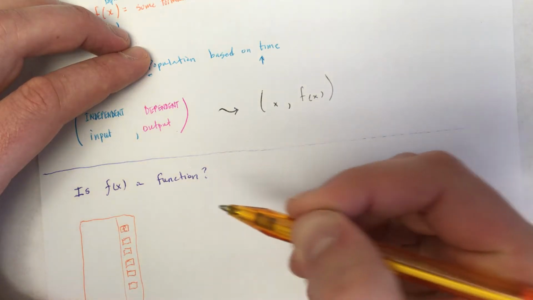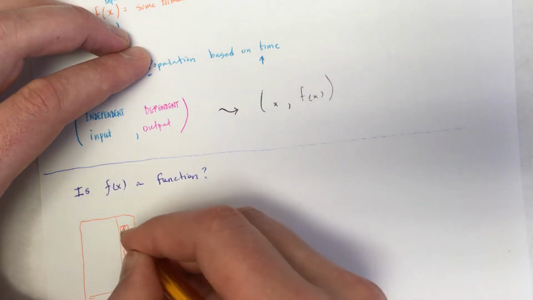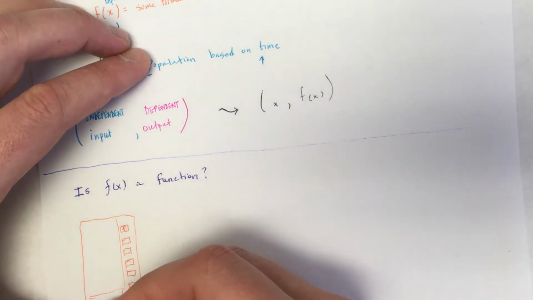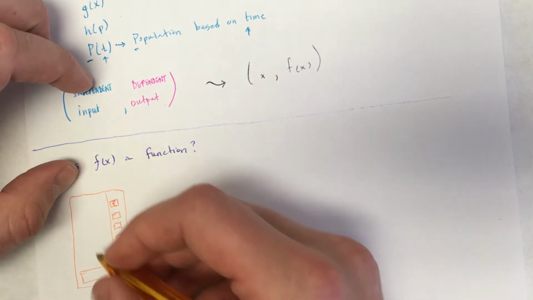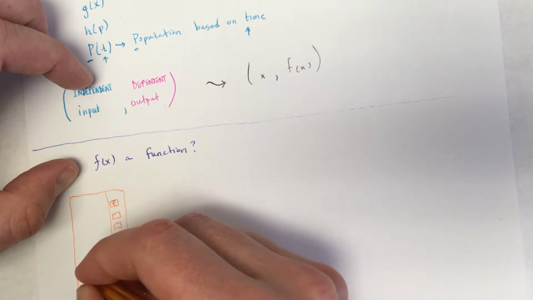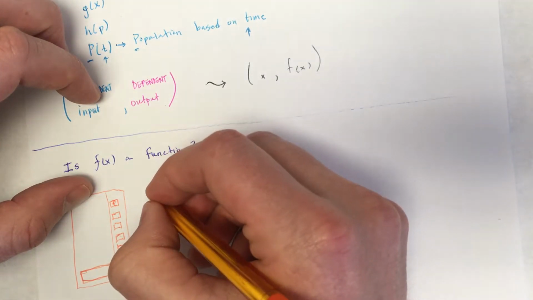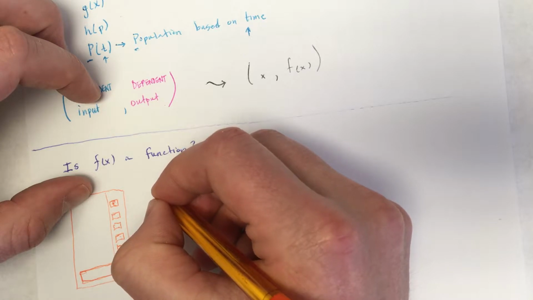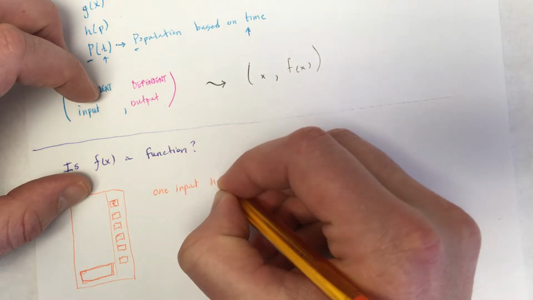So if you wanted a Pepsi and you hit the Pepsi button, you better hope that the Pepsi comes out. Right? And so this analogy helps us think about what is going on with our functions, in that when you hit one input